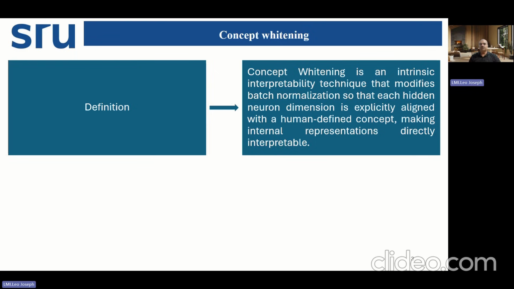On that basis, we are going to make this concept pretty clear to the learners who are watching. So concept whitening is an intrinsic level technique. It is going to work with the hidden neurons, and based on the dimensions related to the human-defined concept. How we define it based on the neuron dimensions, that is, which neuron is fired, whether this is related to the concept or not, and what the internal representations are, these all things we are going to see in a step-by-step manner. Next thing we are going to see here is,